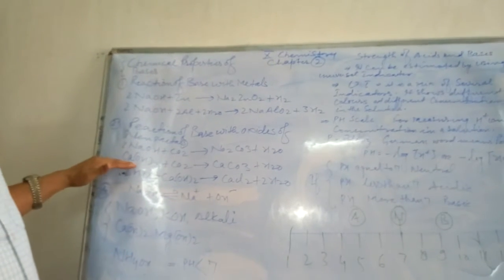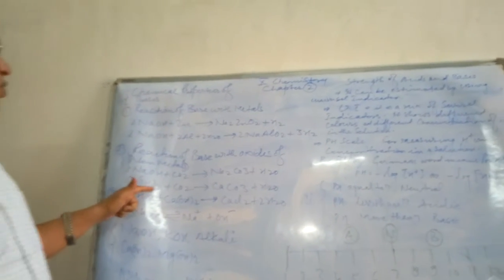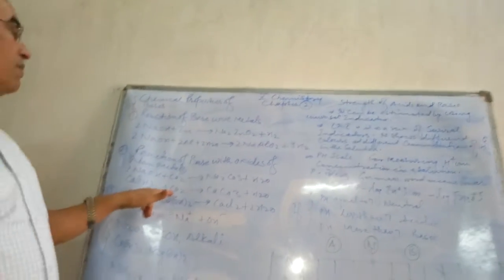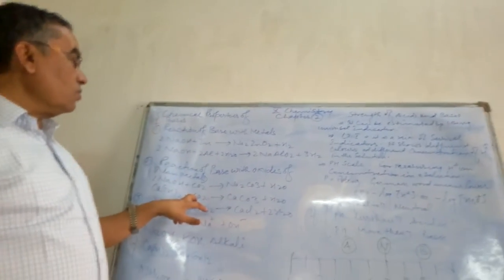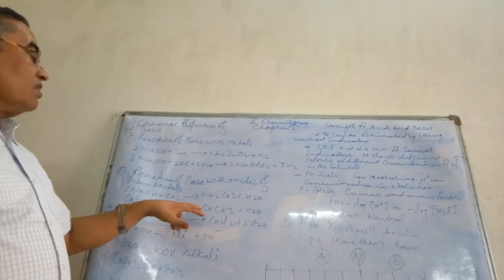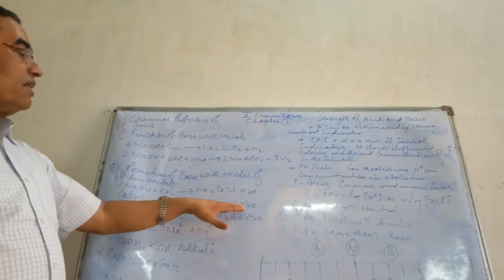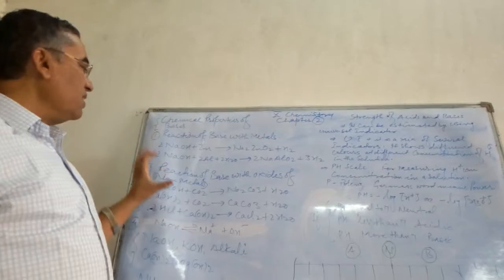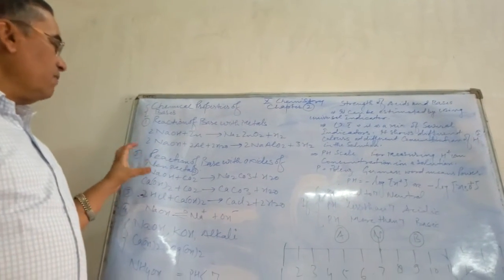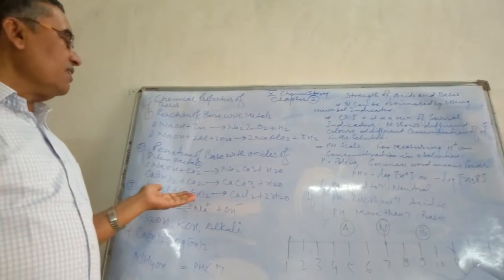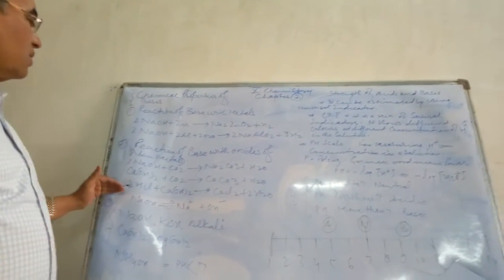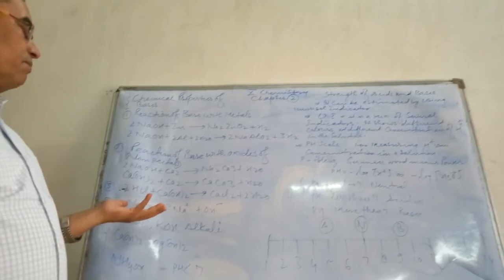Likewise, calcium hydroxide, Ca(OH)2, which is also called lime water, plus CO2, and CO2 is a non-metal oxide. Then it gives calcium carbonate and water. So the second property of bases is that when a base reacts with a non-metal oxide, it provides salt and water. It is okay. Now the third reaction is very simple, that is